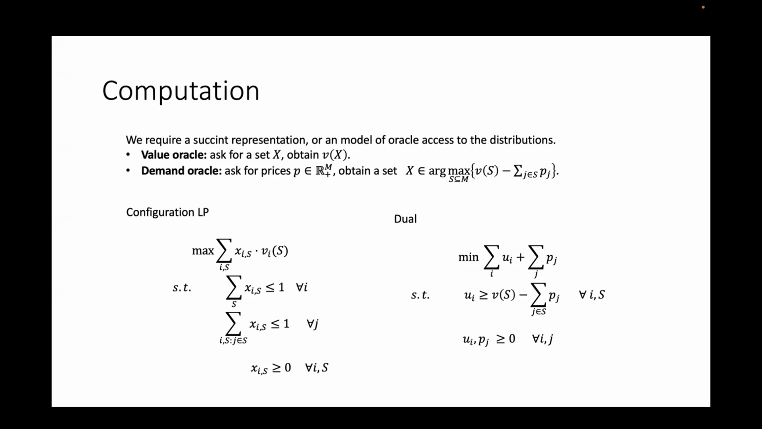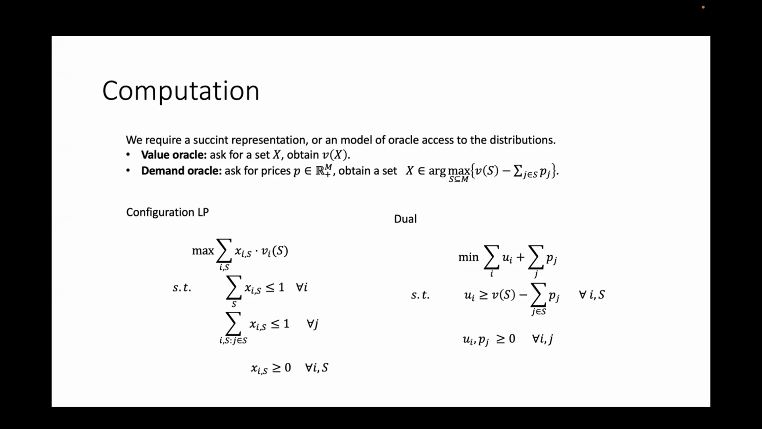So there are two types of oracles. There is the value oracle, where we ask for the value of a set. And there is the demand oracle. Sam mentioned it. For this oracle, we say these are the prices. What's a set that maximizes the utility for this value? That's the demand oracle. And as Sahil said, if one writes this LP, which is called the configuration LP,